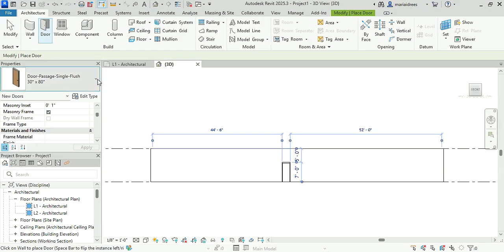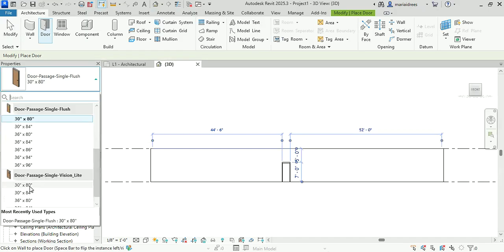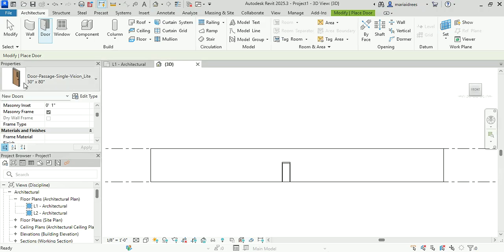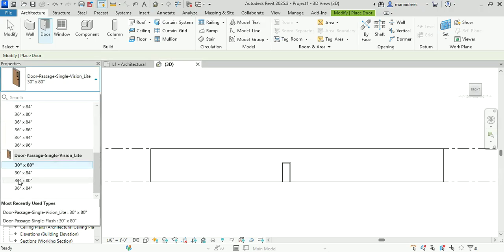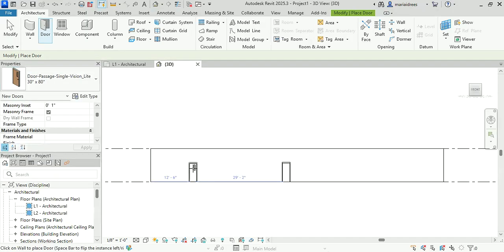If I want to put another type of door, I can go for the door passage. And now this is a different type of door, and I can also select one dimension from here. Let me put another type of door. So this is very simple. We can put the doors,